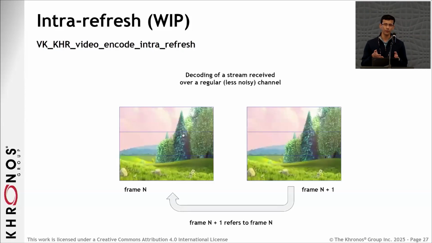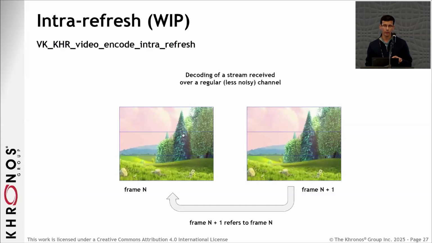So, okay, first a primer on video compression. If you take two consecutive frames, which in this case look identical, but they really aren't, there's a small difference there. Video encoders make use of a technique known as interprediction, where they exploit the similarity in time or the temporal redundancy that's there between consecutive frames in the sequence. They make use of that to achieve high levels of compression. So frame n plus 1 can be compressed greatly.